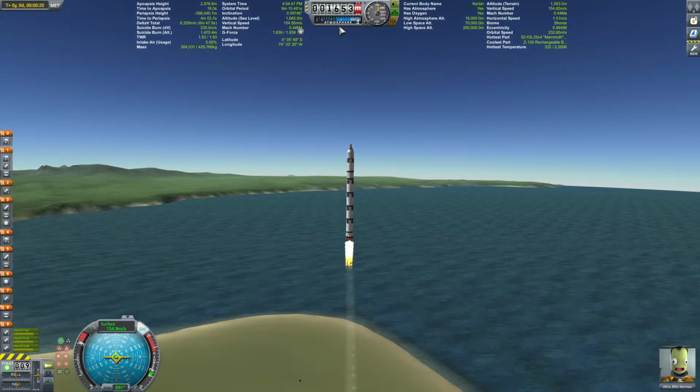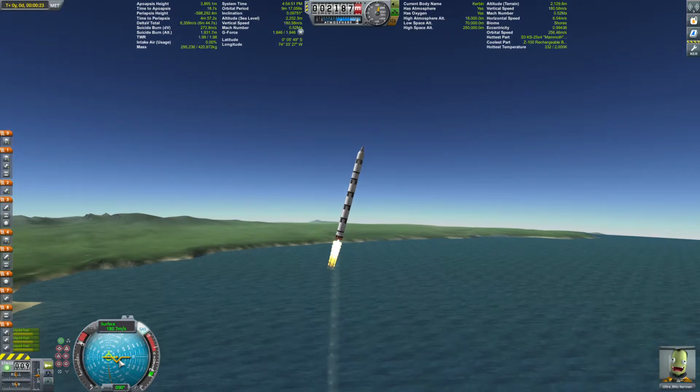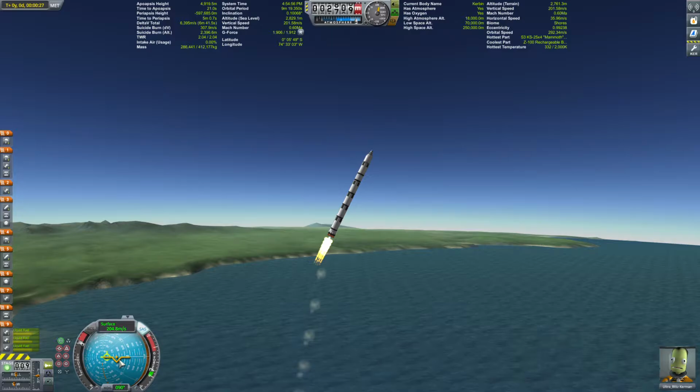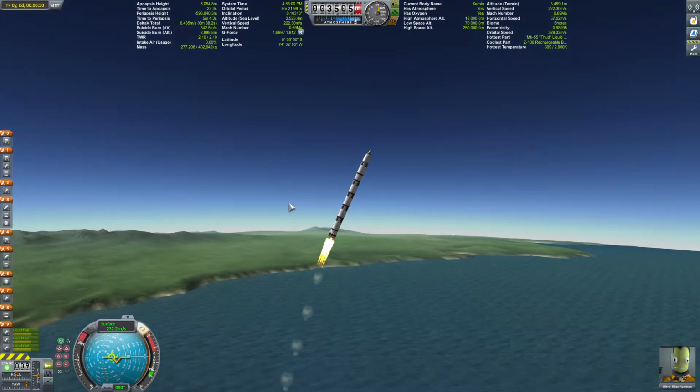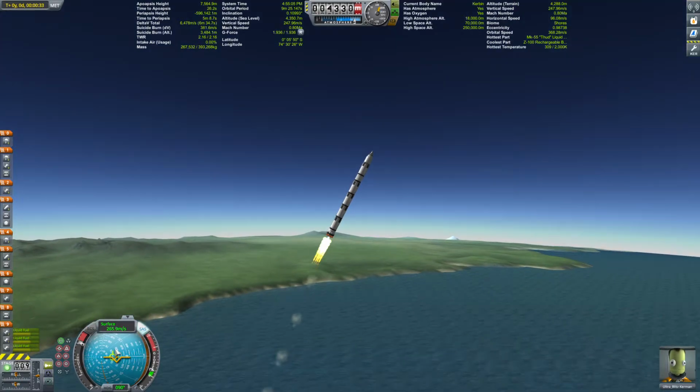So right here, we're going to start our gravity turn by turning just a little bit to the eastward direction by pressing D on the WASD keys, and we're going to get about halfway through. And we're just going to sort of coast in that direction, making sure we're always in line.